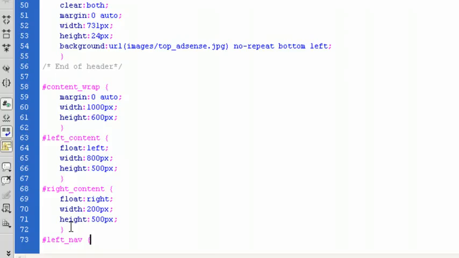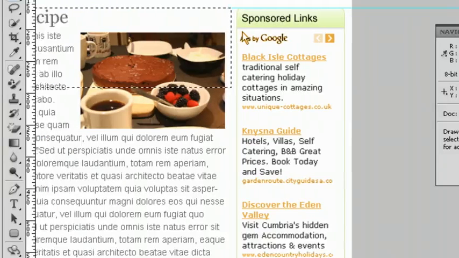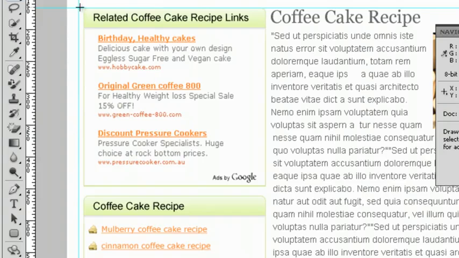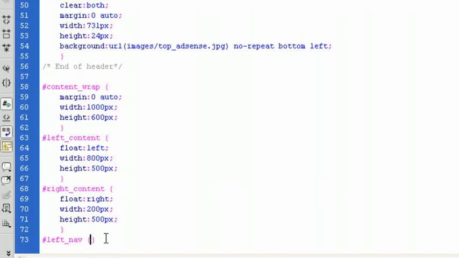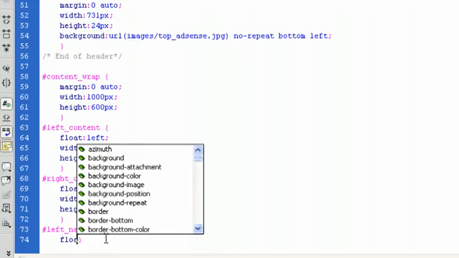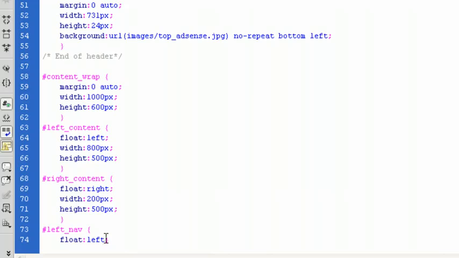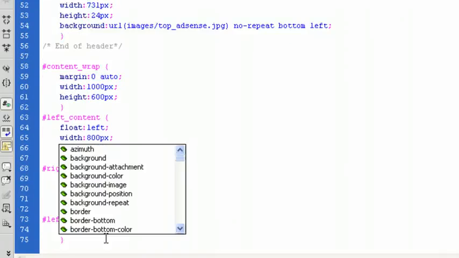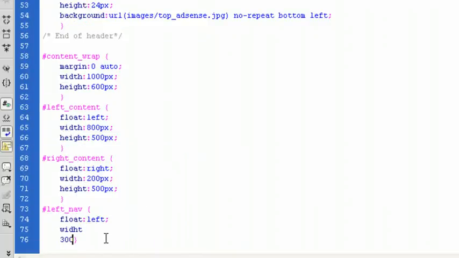So left navigation, what have we got happening with this left navigation? I'm going to want the left navigation, which is this section here, to be roughly a width of 300 pixels. Okay, this left navigation has to float left because it's inside of a div called left content, but we need it to float left because in a minute we're going to have the left navigation, we're going to have the right content text, which is going to float right. So float that left. Let's make it a width of 300,